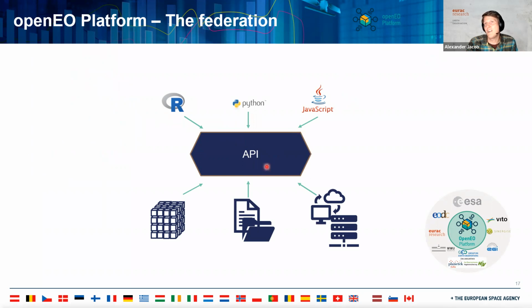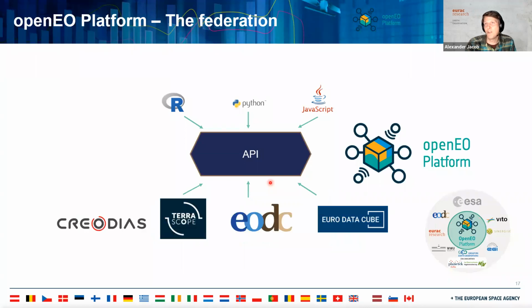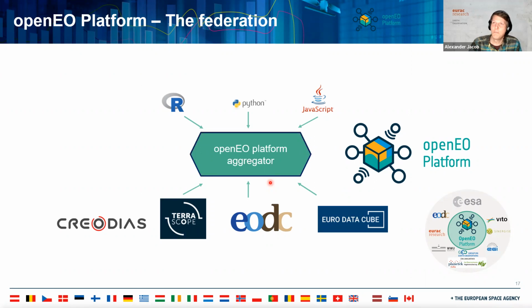So far we had just the API, and then you connect to one of these different types of backends. Now with openEO platform, we have a lot of different backends and data services, and we want to link all of them and make the transition between them as seamless as possible. For this, we invented a new component that you can put in front, which is the openEO platform aggregator. This is exactly the element which allows a number of openEO backends to act as a federation and do things like